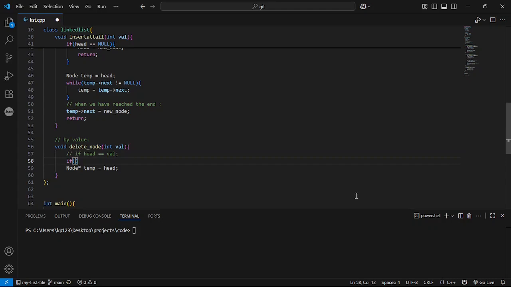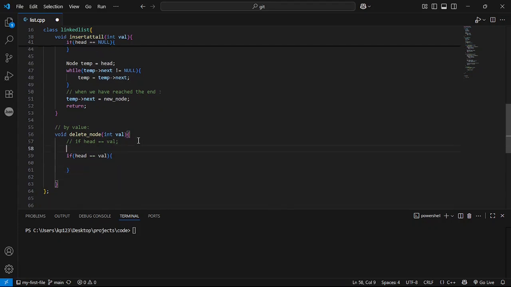Okay, so at this point, if the very first node of the linked list is to be deleted, then what we will be doing is, I can write this over here.